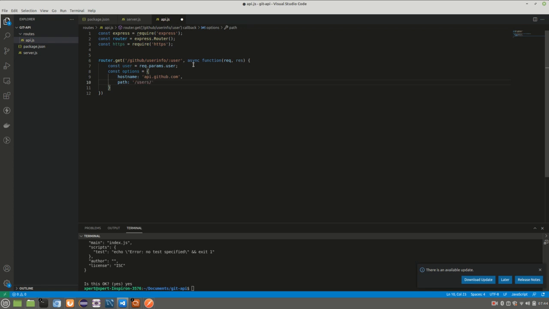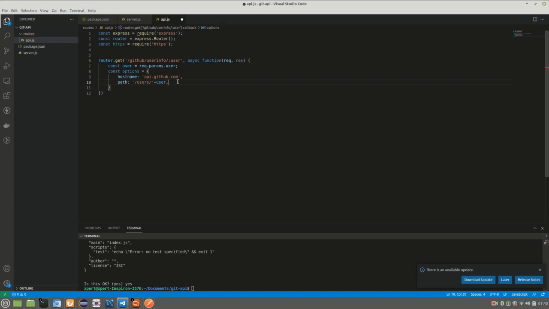Users, and then we'll append our user, this variable will append here. Okay, so your entire path will be like this: api.github.com, okay, users, and then the username. What's your username? Whatever, I'll use mine only. This will become your URL. Okay, let's remove it,